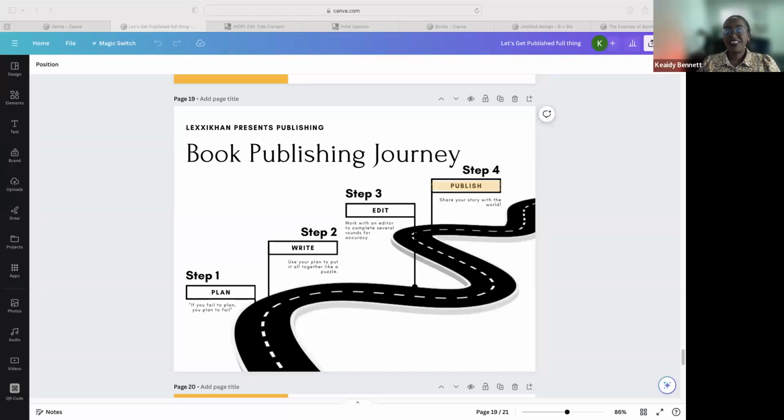All right, y'all, we are on that fourth and final step. I hope and pray that you are ready to get this thing done. So let's just jump right into it. So now, once all of the other parts are done,